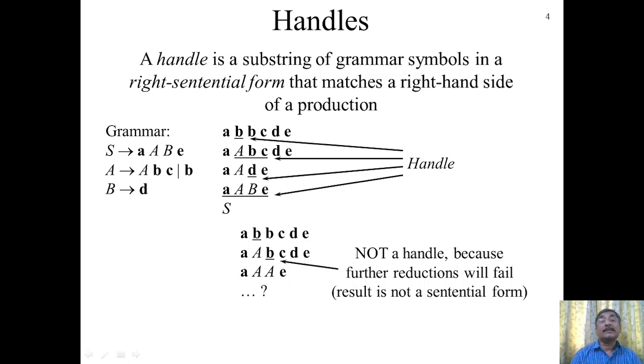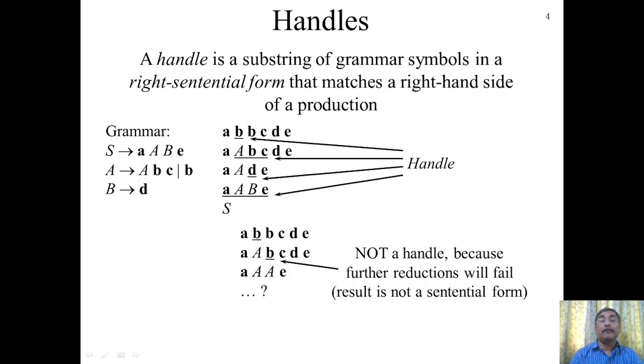So in the next step, you can see that this D also appears at the right hand side of some production rule, but I'm not using this D for replacing. I'm using capital A, small b, small c. Again, not because that appeared at the very first, but because only by replacing this, I go back to the previous sentential form, right? So the idea of the handle is the substring in the